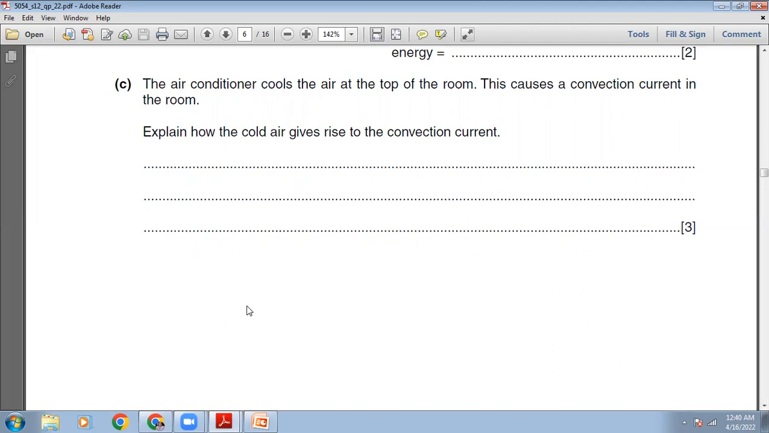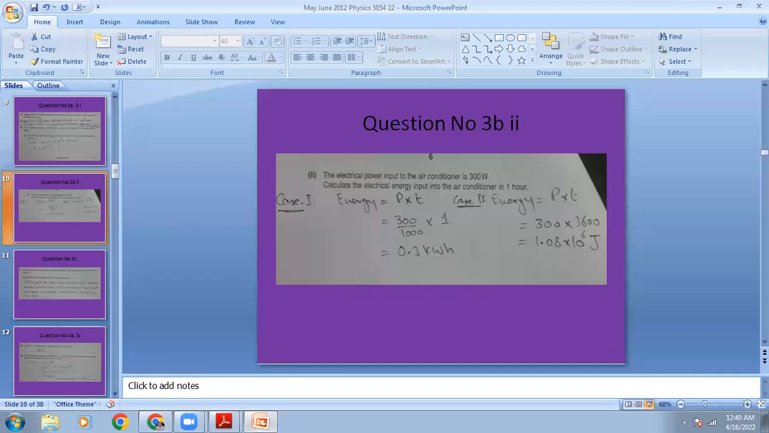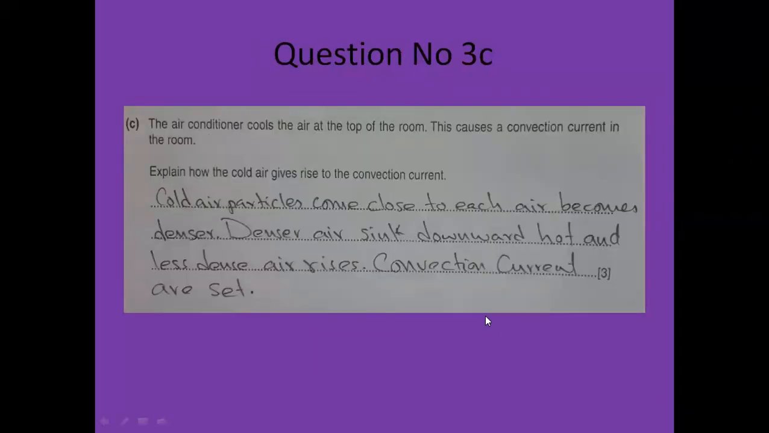So let me show you my written answer. So cold air particles come close to each other, air becomes denser, denser air sinks downward, hot and less dense air rises, convection currents are set. So that was the question number 3, C part. And